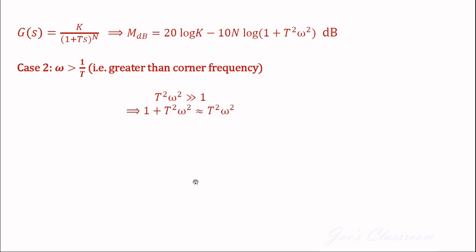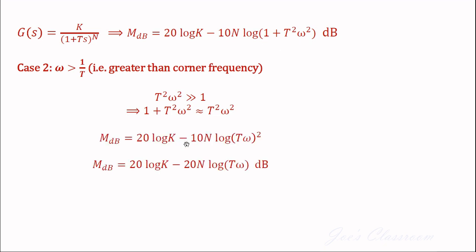Okay, in that case, this 1 could be neglected, and this is going to be T square omega square. This 1 could be neglected. Okay, in that case, this expression becomes like this one. And now this 2, I can bring it here, and there it becomes 20 n. So now, this line, the equation of the line, beyond this corner frequency is going to be this 20 log k minus